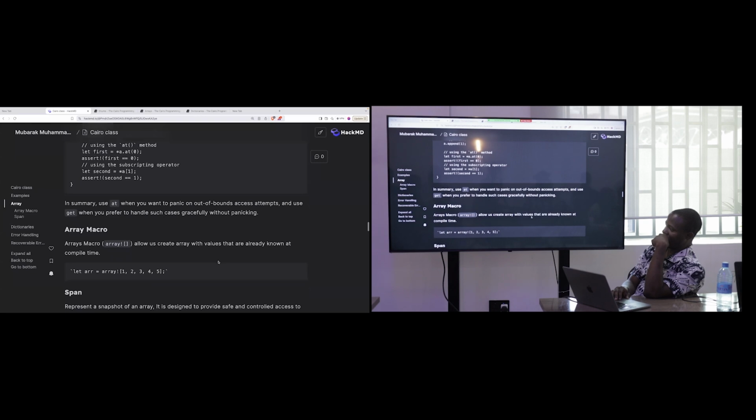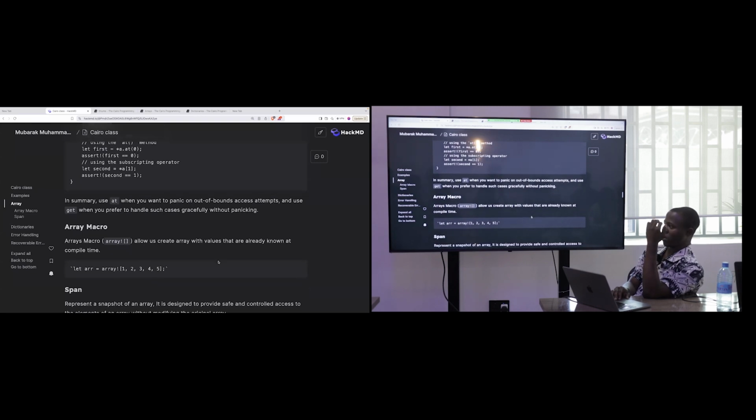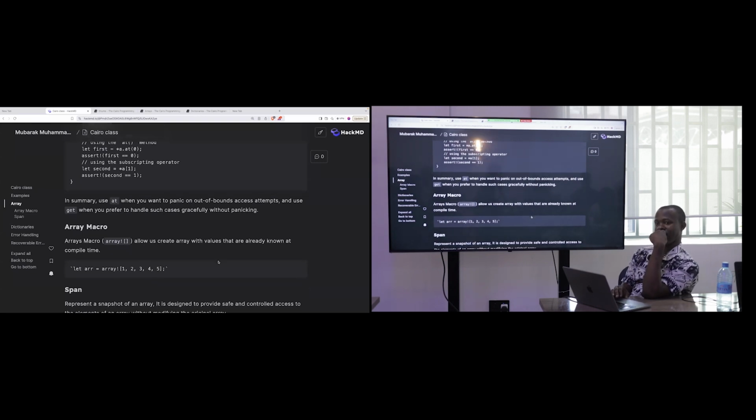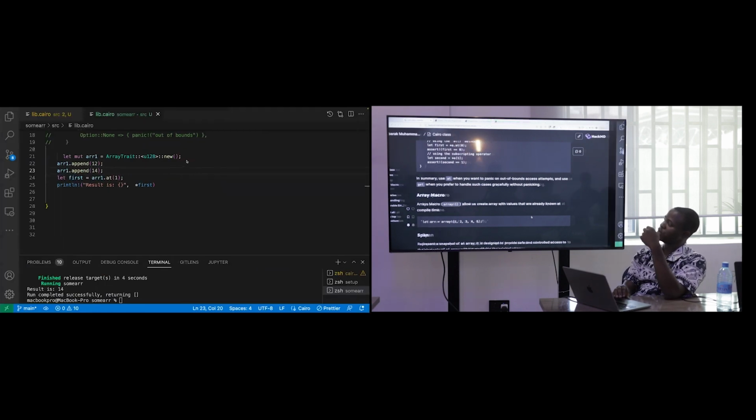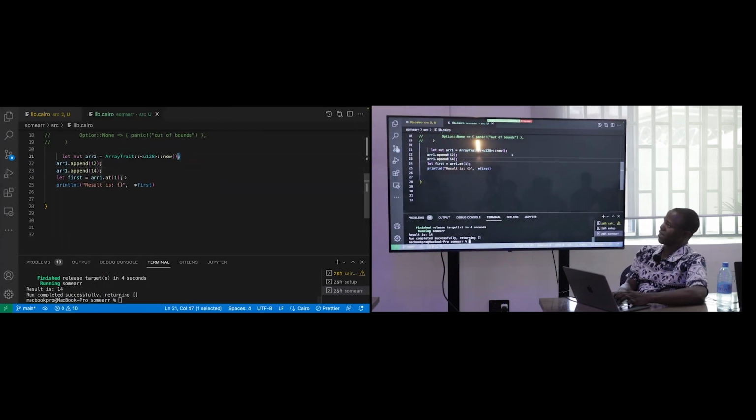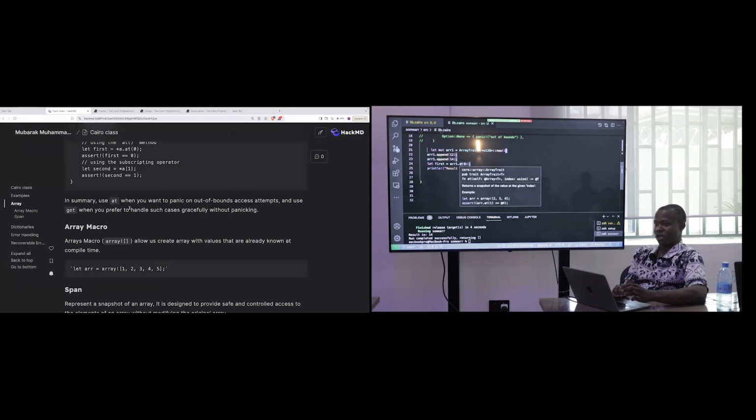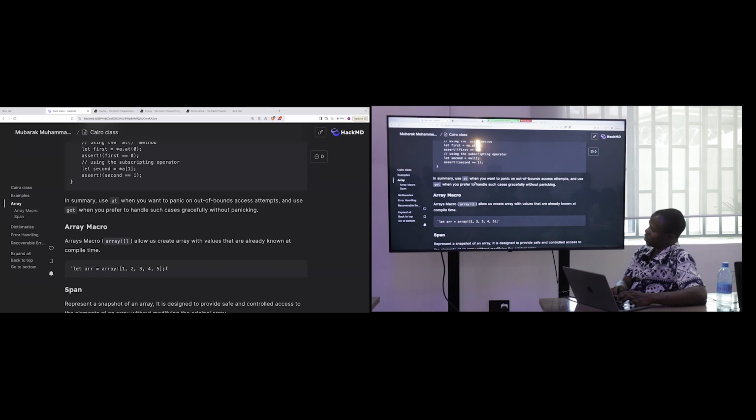Then we have the array macro. Now the array macro is for when you want to define an array and you want to pass values into the array. You don't want to use the append keyword, because you know the values that the array will take. So why go through the struggle of defining the array like this and then doing append? With the macro, you basically just do